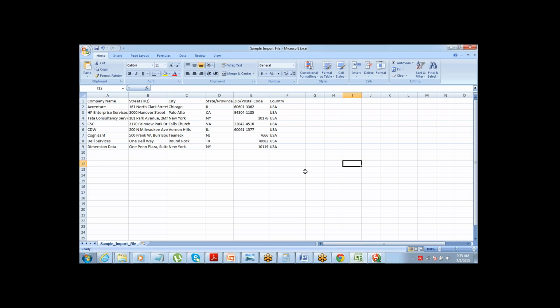I just did this insert operation, right? Let's say I need to change the country. Right now, the country has been updated as USA for all the records. I just want to update this to United States.